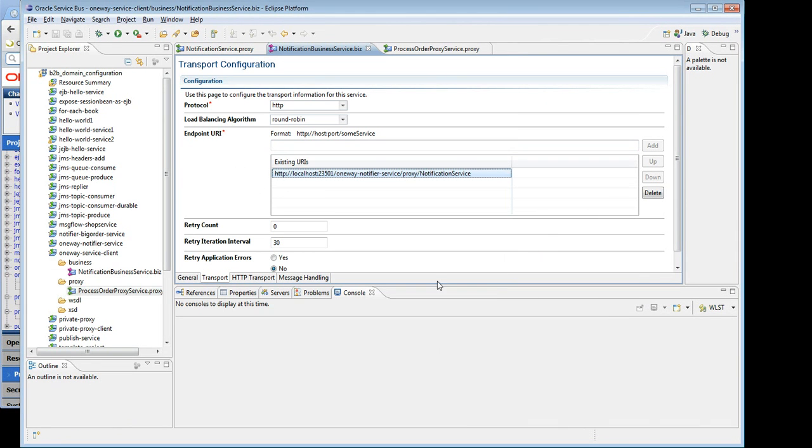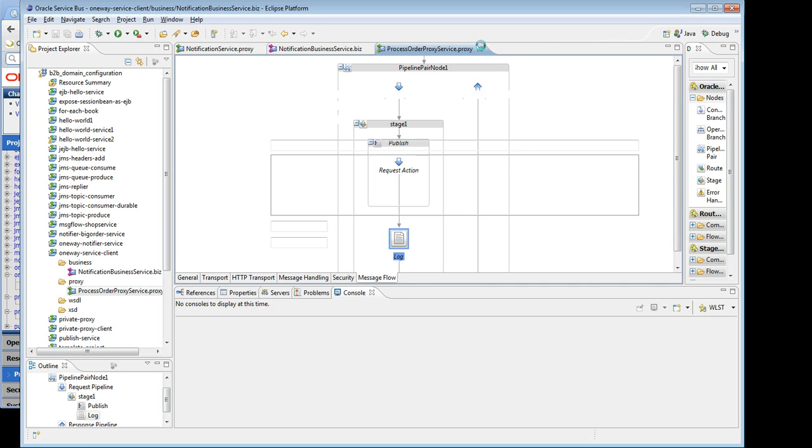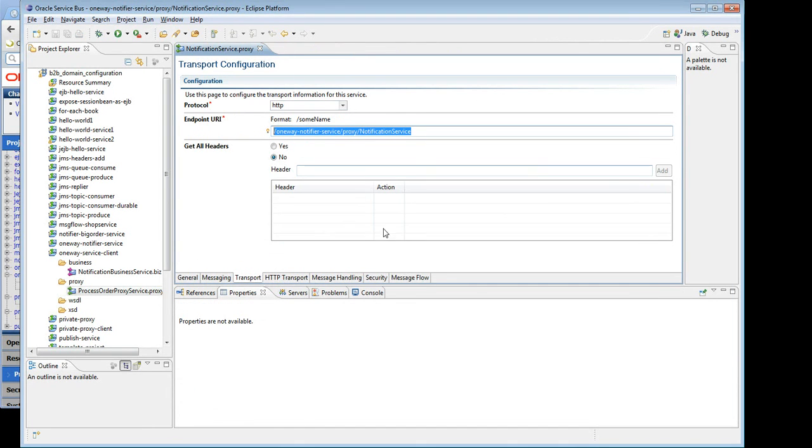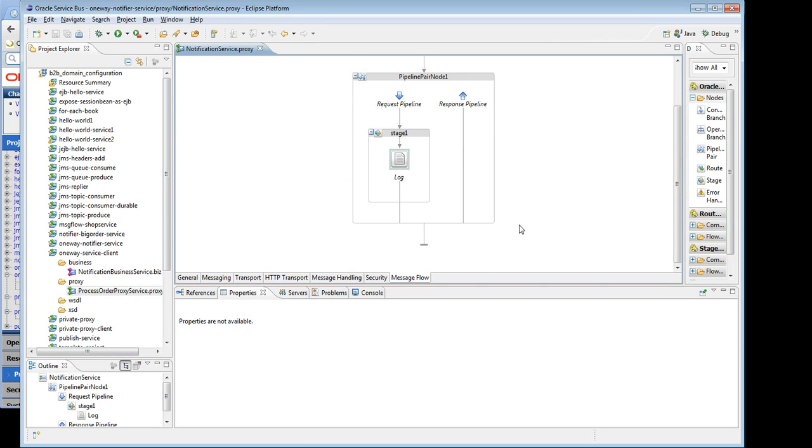Now let's say in the same example that we are doing in the notification service, this is the notification service, which is right now just logging, right? Let's say it has to do some Java callout action to get some work done. So for Java callout,